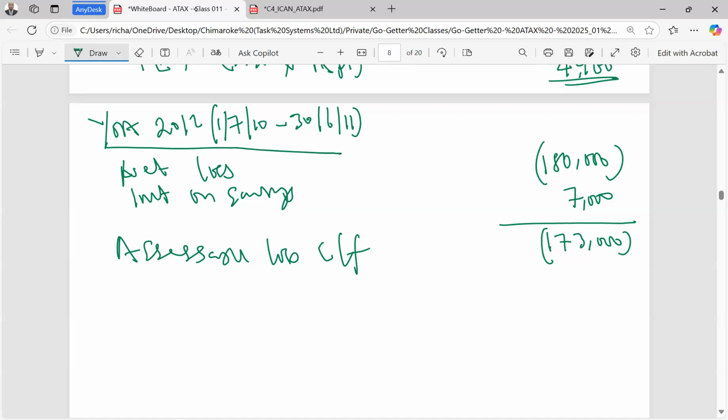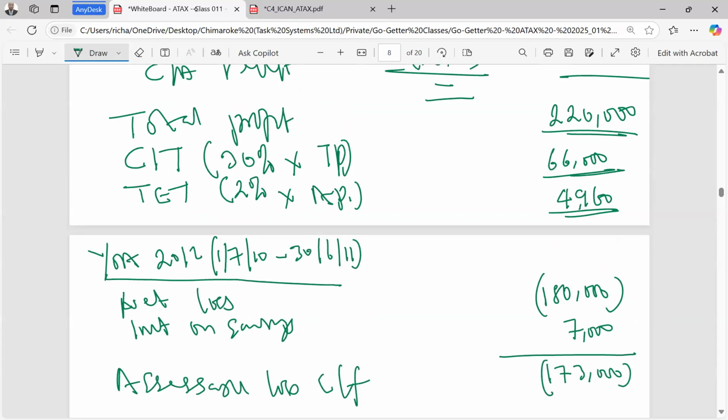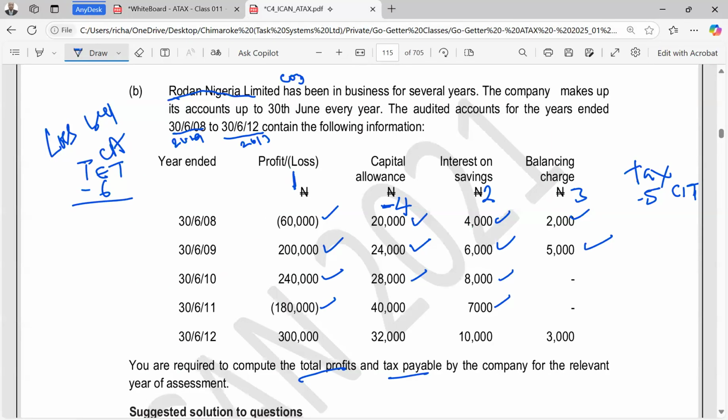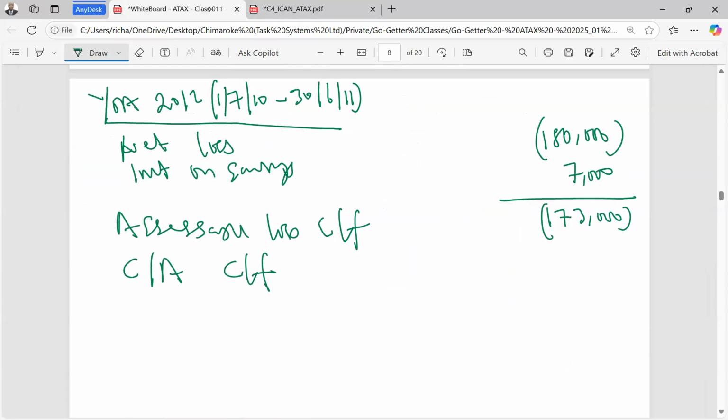Then there was no capital allowance that was carried forward from last year. So now we have our capital allowance. Of course, there's no profit here to relieve it, so it must also be carried forward. Any capital allowance you get that year must be carried forward, 40,000. So I'll put 40,000 as carried forward because there's no profit to relieve it. We'll go to the last year.